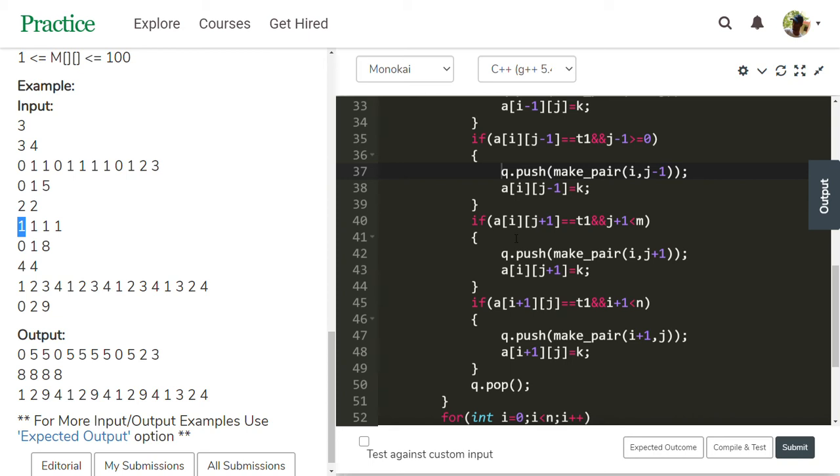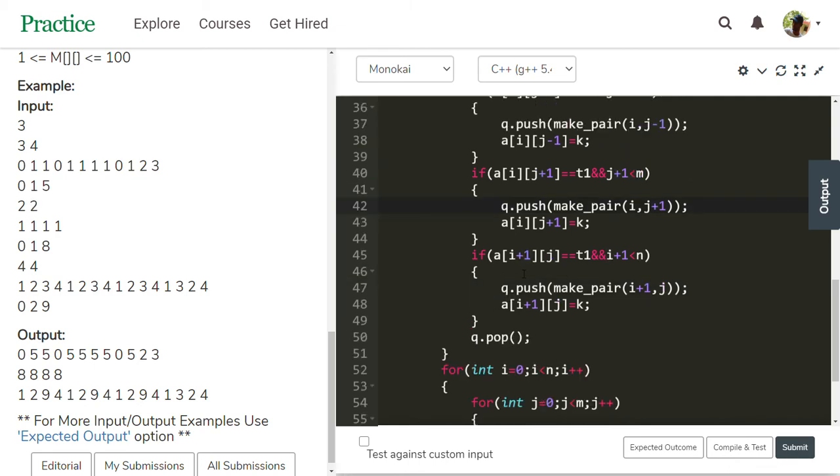Then check this one: i, j plus 1 is 2, but 2 less than 2 is false. The m value is 2. This if block does not execute. Check this one: A of 1, 1 is 1 equal to 1, true, and 0 plus 1 is 1 less than 2, also true.